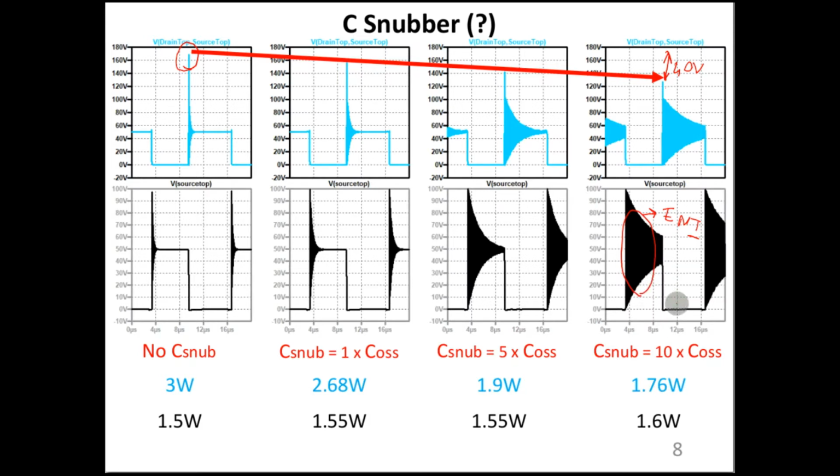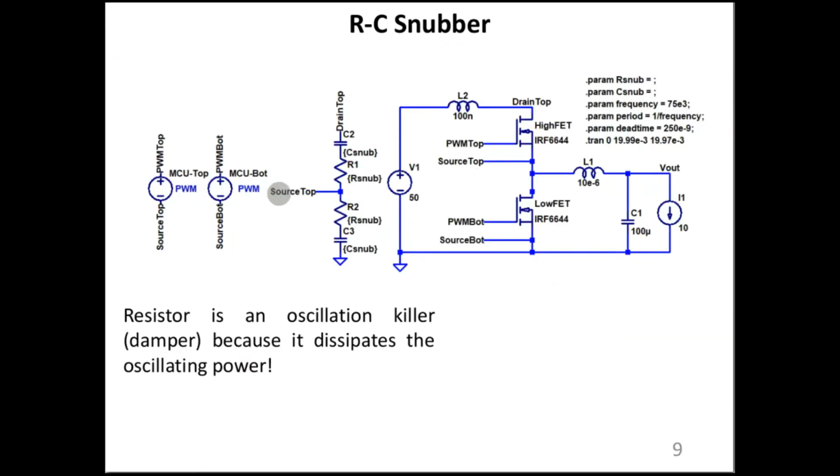Therefore, we need to solve this oscillation problem. But first, let's check the switching losses of these different cases. As you can see, since the voltage level decreases, the switching losses decrease as well. However, as I said just before, it causes a very large amount of oscillations, so it is not useful. Okay, another thing that we can do is to connect in series with these snubber capacitances